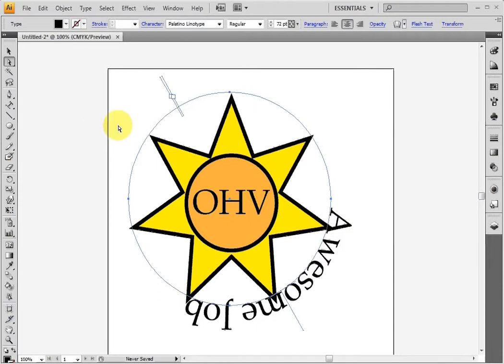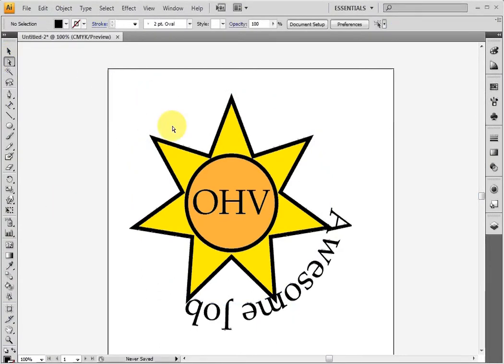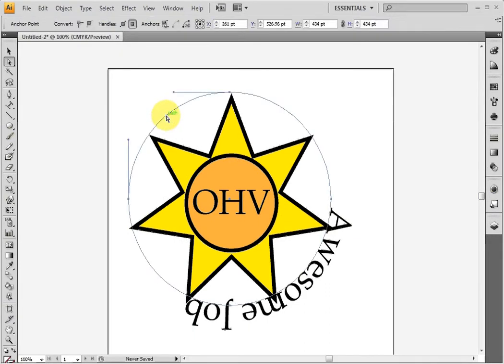So now this is just showing our text where to align itself. So you can see it's doing a really good job aligning it to the circle, but just not the part of the circle that we want. So if I click my direct select tool, which is the white arrow, and I click on the shape, if you're not clicked on the shape, you won't see this. So as you roll over the shape, it says path, and if I click on that and actually click on the text, you can see that I